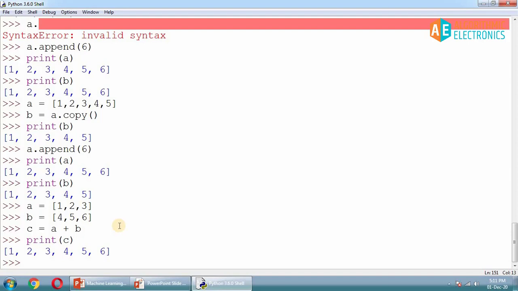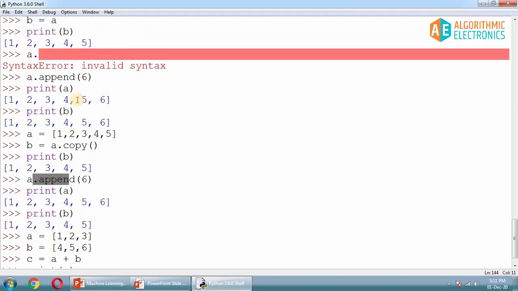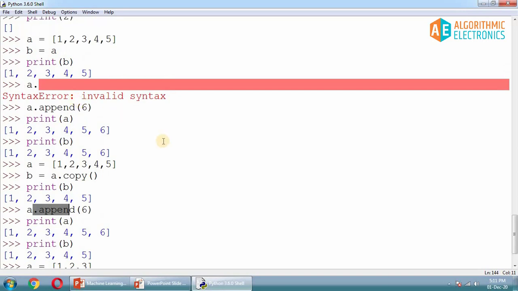Now up till now we are talking about dot copy, dot append, and even dot insert, dot pop, and multiple times I am using one simple term, method. I am calling the copy method, append method, insert method. So what is that? This is something related to object oriented programming.